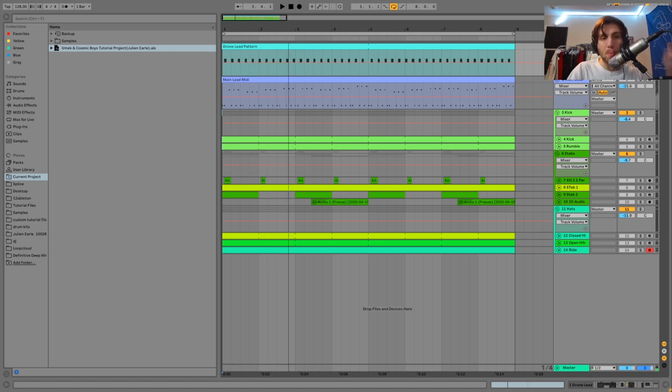which is just playing this constantly going thing, and then we have the main lead, which is playing more of a standard pattern. And what happens is, if you just have this one, it's very straightforward. But then when you add in that droning,